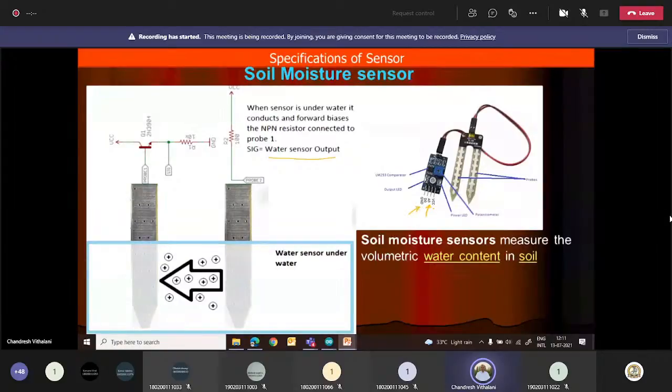Now, sometimes you require only a digital decision, whether there is a water or dry condition, or a wet condition. Then you can also use this D0 pin, which will provide you digital data directly. Whether the content between these two probes is dry or wet, depending on that, you will get the signal at this D0 pin. And if you want to know how much dryness or wetness there is, then you can consider this A0 pin. So both pins are available, analog as well as digital. This soil moisture sensor is also very popular for agriculture applications.